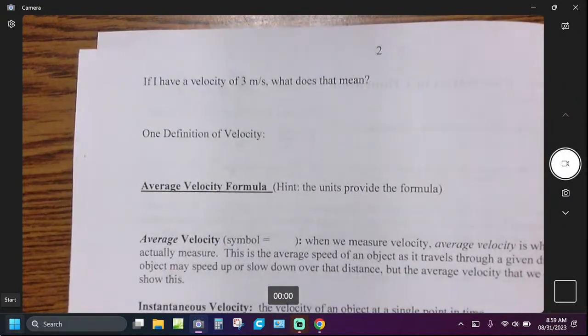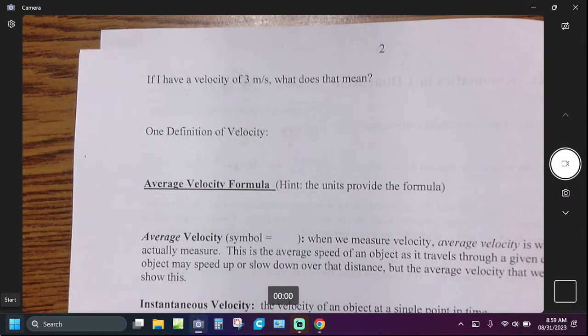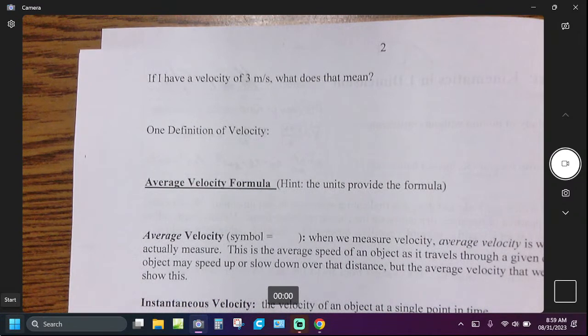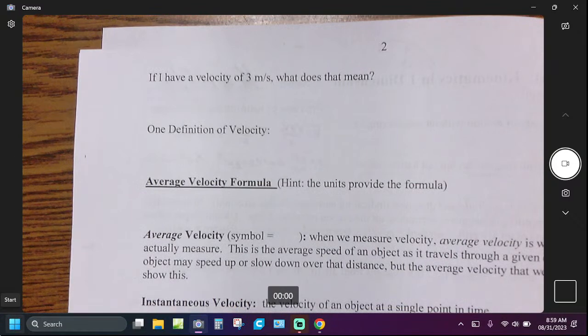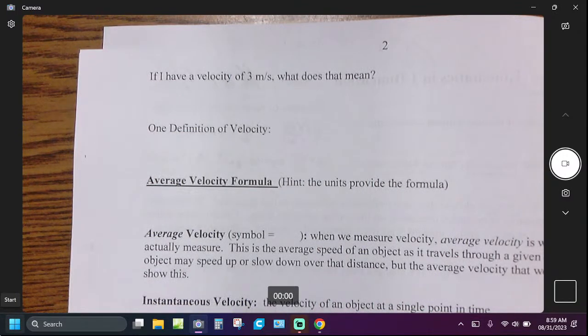So, velocity of 3 meters per second. What does that mean? If I want to walk with a velocity of 3 meters per second, what do I do? You're going through 3 meters. Right, so every second, which is 1 Mississippi, 2 Mississippi, 3 Mississippi, I need to go about 3 of these floor tiles, because that's a meter. So this would be 1 meter per second, and then 3 meters per second. So what was that question? If I have a velocity of 3 meters per second,